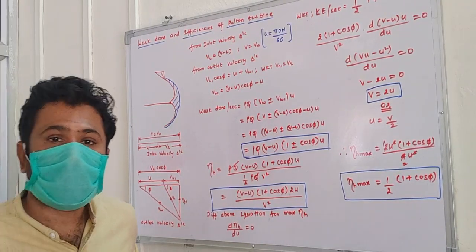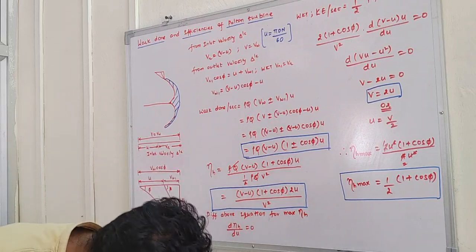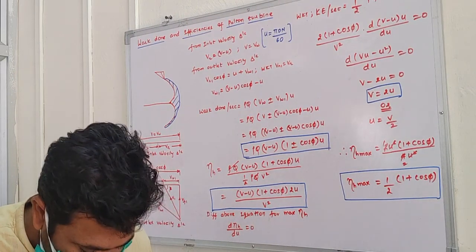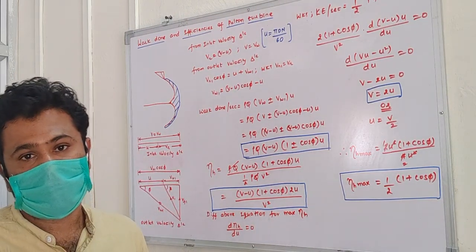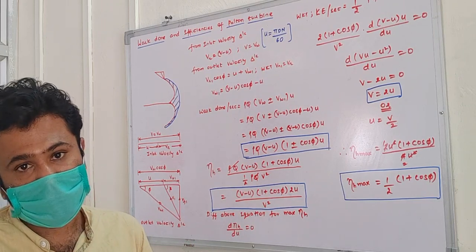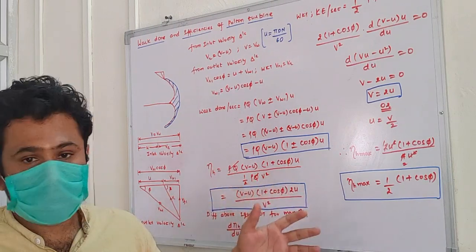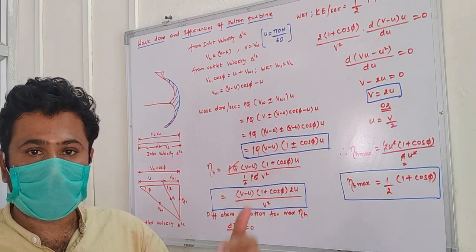As there are classifications of turbines which have already been discussed, we know that based on the type of energy that we supply, we have classified them into two categories. One is the impulse turbine, the other one is the reaction turbine. So in this session, we are going to discuss the impulse turbine.